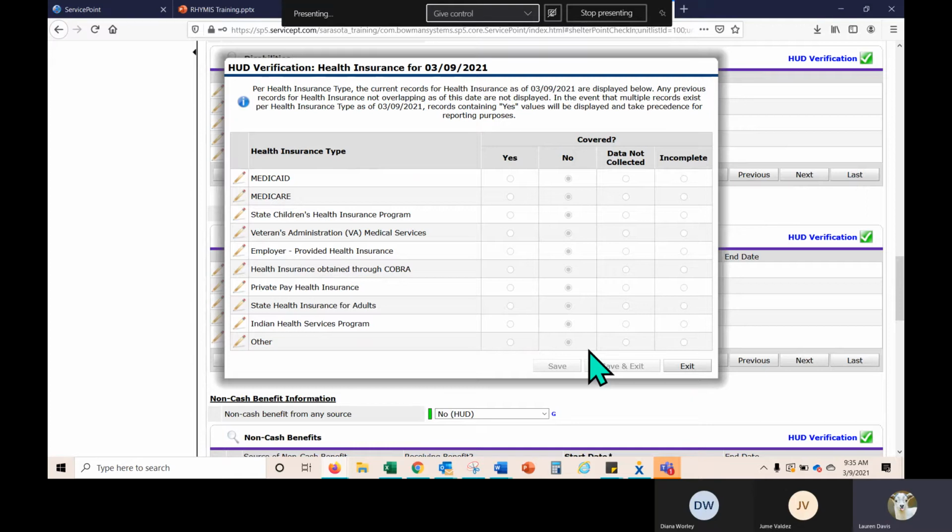When we go to create JoJo Siwa later, we can also report data not collected for that information, but you'd still want to ask the question for each of the clients. Maybe they know whether they have health insurance. I don't know too many teenagers walking around knowing whether they have health insurance, or what type. So ideally and typically, data not collected is a sufficient response for our unaccompanied homeless youth because they just don't know. This response has already been provided previously, so we're going to go off of this information.